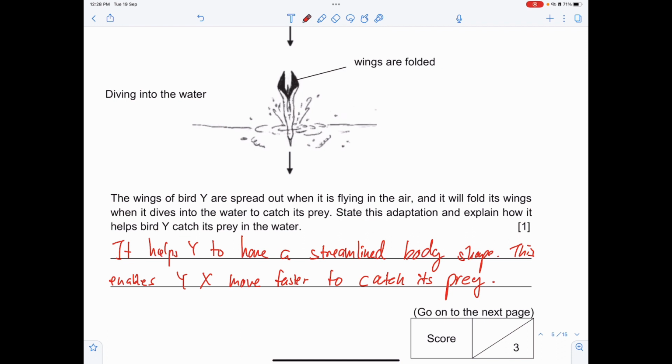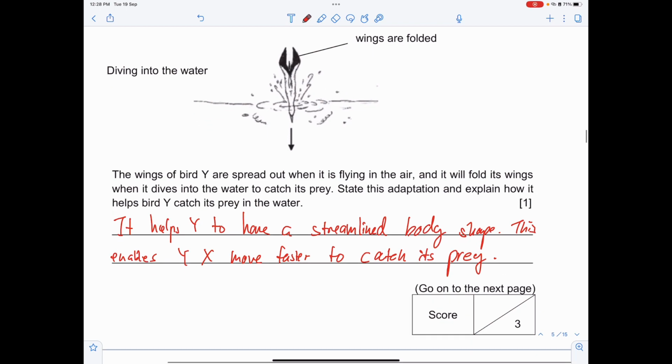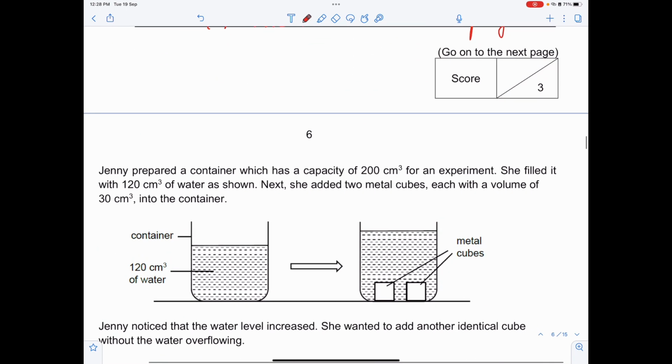Okay, so in this case, I don't say swim faster because birds don't really swim. Use the word move. I think it's more appropriate. Next,